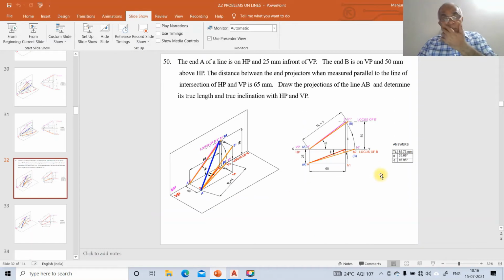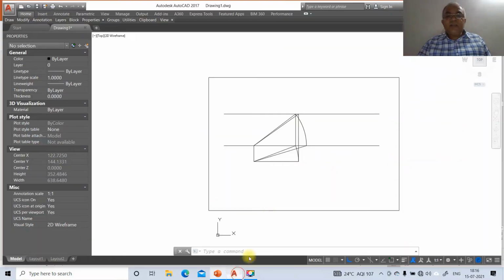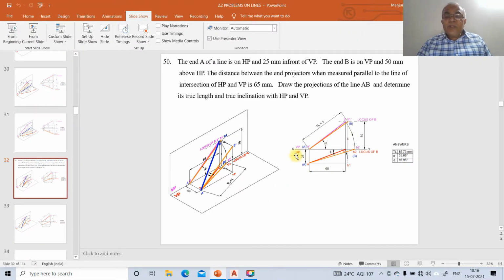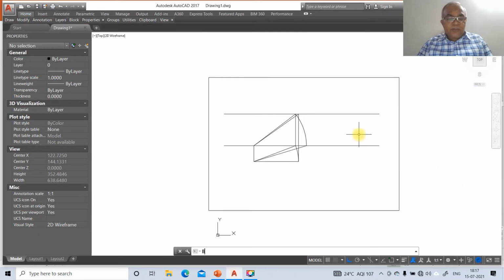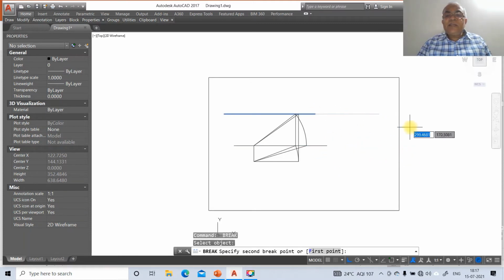So now we have completed the drawing, whatever has been shown here, the same way we have done. Of course, because we know this, I'm doing it directly without looking into this. But of course, we need to look into this accordingly. So now what we need to do is trim all these things. So now we are going to do that. So go to break, select this line and break it till here, and select this line and break it till here. So you break this line till here, and you break this line till here.